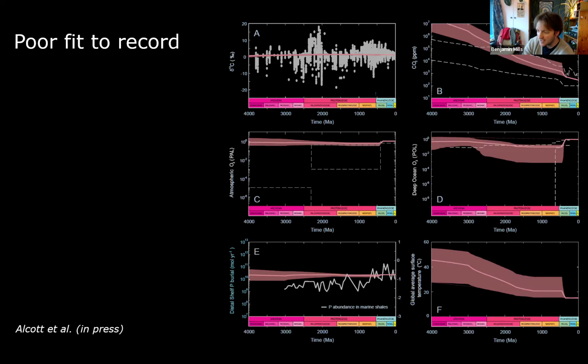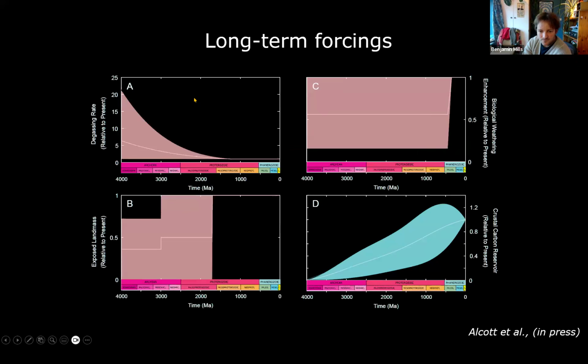Effectively, what we are doing is taking the Phanerozoic Earth and running this through time. The only thing that's really changing is that the degassing rates are going up. So we do have more reductants coming in, but it's not enough to overwhelm what's happening with the amount of CO2 that's coming in, the climate warmth, and all of that weathering of nutrients and burial of organic carbon. So it doesn't work.